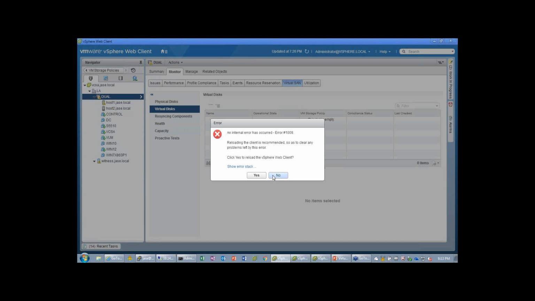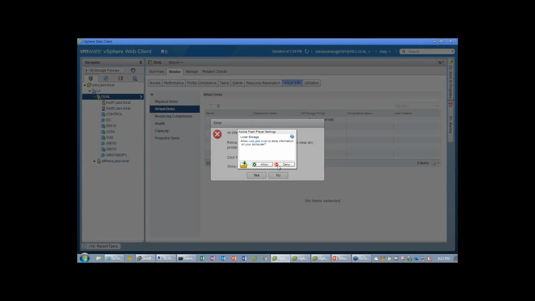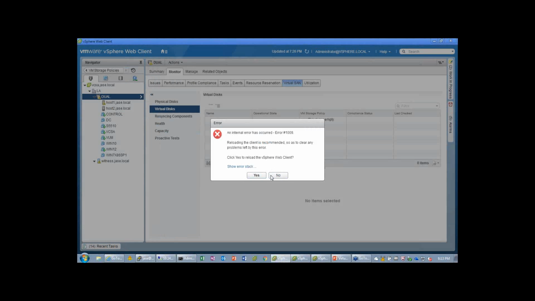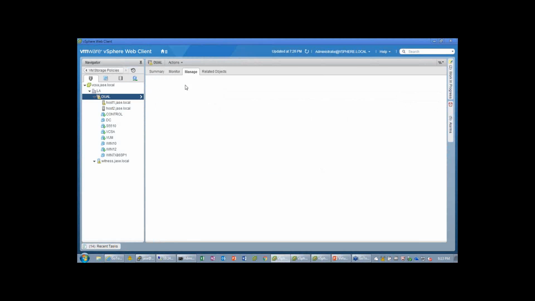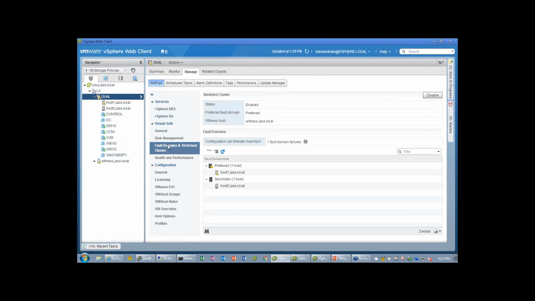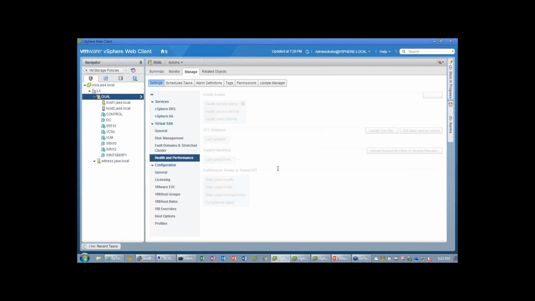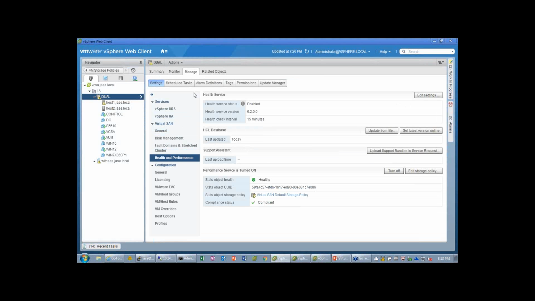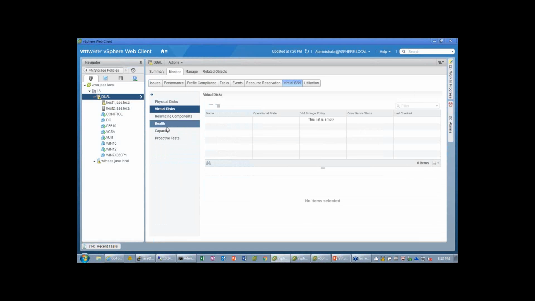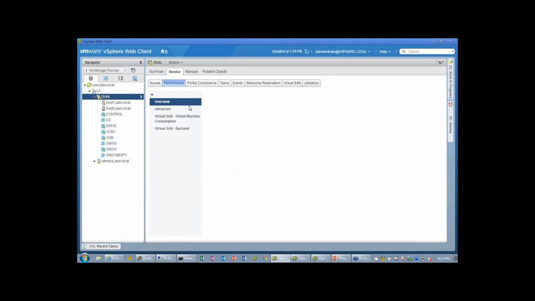And keep in mind, I'm running dev code here. I'm not actually running GA code. And I come over here to my health and performance. Okay, so it's enabled. All right, so if I go and look at my performance,